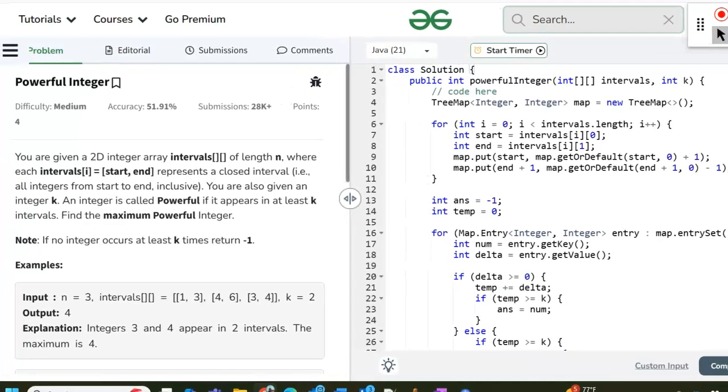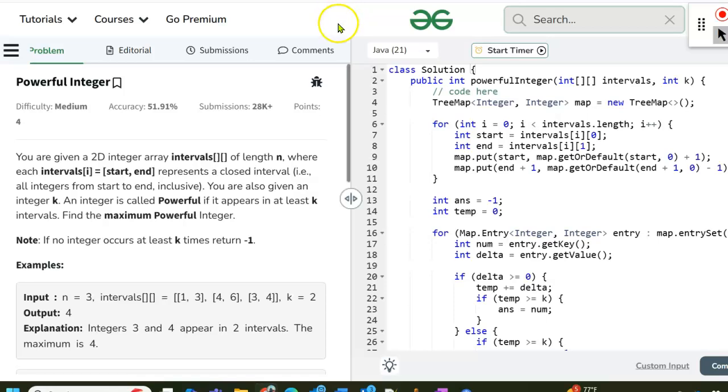Yeah, if we keep track in the map, and this is a tree map, the keys are going to be in sorted order. They'll be in ascending order. If we keep track, every time we see a number as the start of an interval, we increment the number of times we've seen it. And every time we